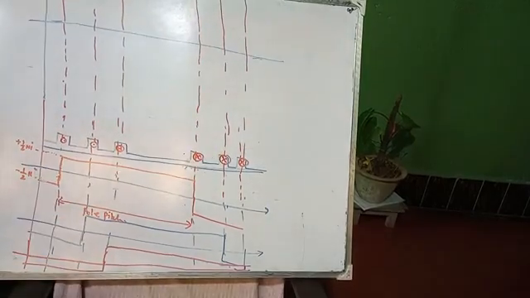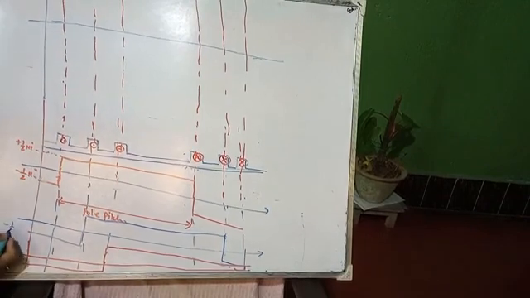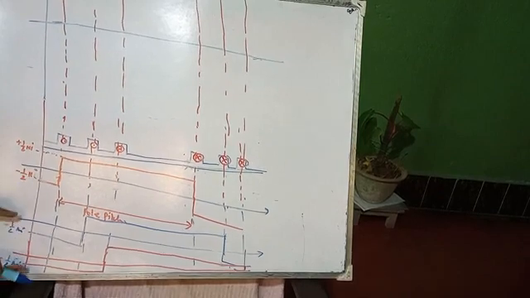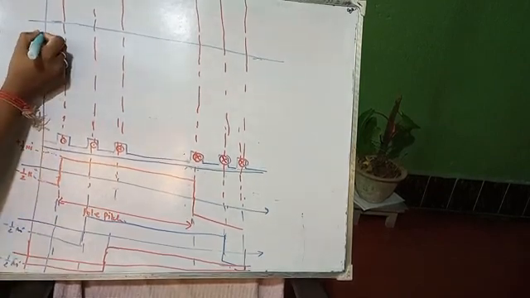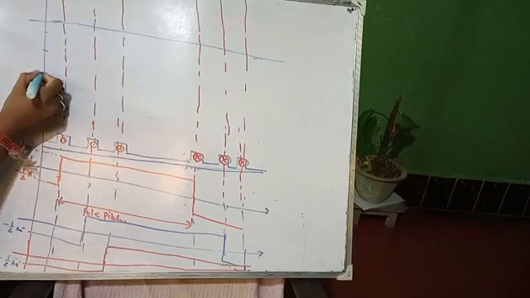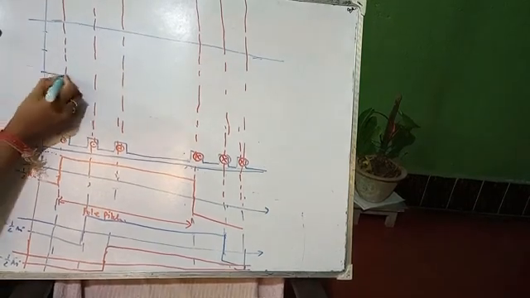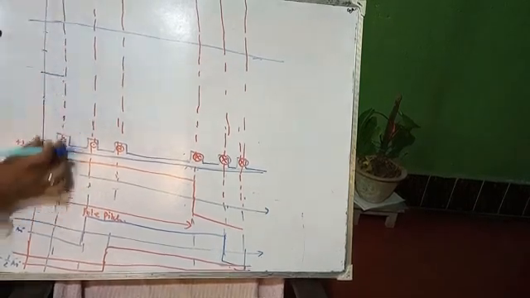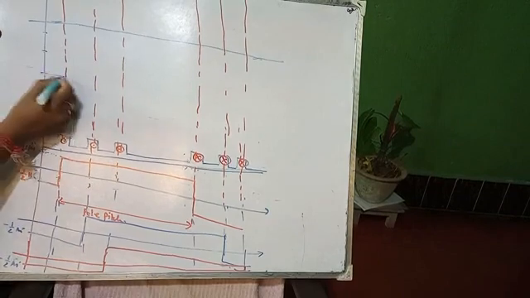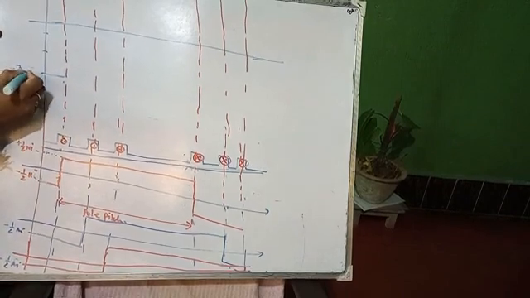See here, it will be minus half of Ni, again minus half of Ni, again minus half of Ni. So 3 minus half of Ni are there. So 3 times minus half of Ni. So within this range, whatever the angle, within this range it will be minus 3 by 2 Ni.